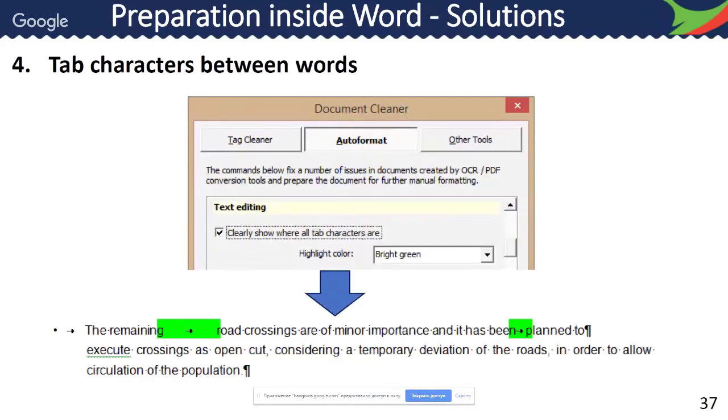To find tab characters between words, use a special action called Clearly Show Where All Tab Characters Are. It can be found within the Auto Format command of Document Cleaner. Once these tabs are highlighted with a chosen color, you can replace these tabs with a space manually, or use a special quick action to replace all of them with simple spaces.